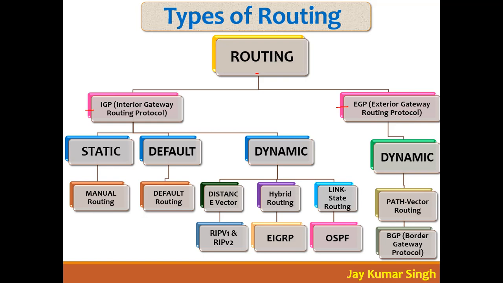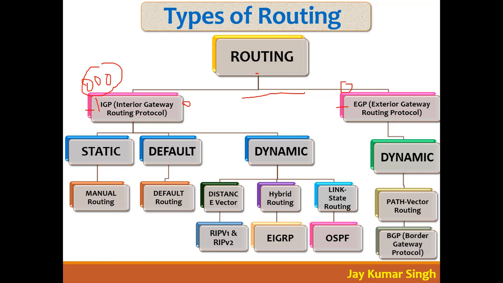But IST wants to communicate with EcoBank. EcoBank has its own domain and I have my own domain, right? If your network wants to communicate with another domain's network, that is known as EGP, external. See, maybe you have 10 routers in IST. All these 10 routers are part of the IGP network, the interior gateway routing protocol network.